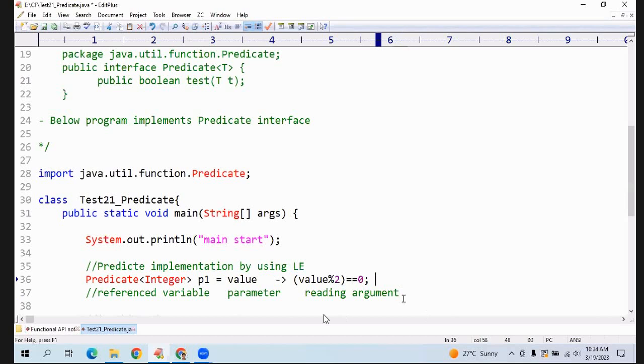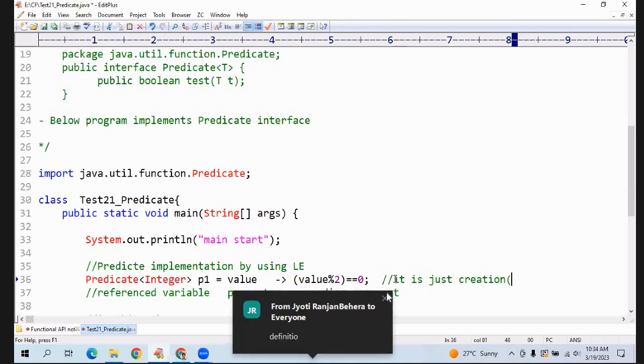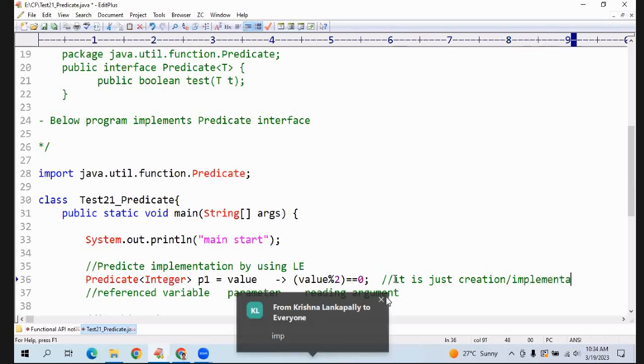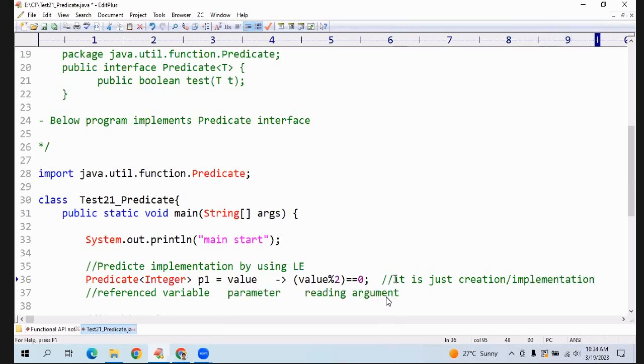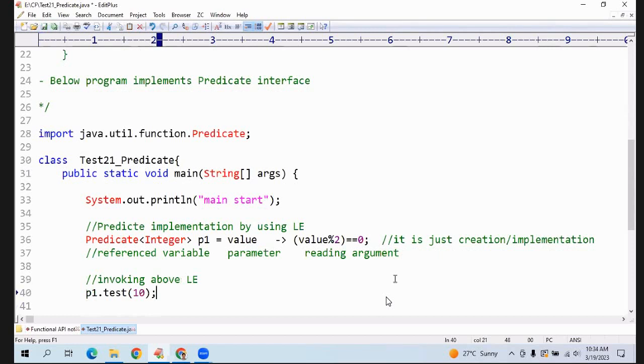Now, next what I need to do? This is just a definition. Write down here. It is just creation. What type of creation? Definition or implementation? Creation or implementation. Then how can we call and execute? Now, invoking